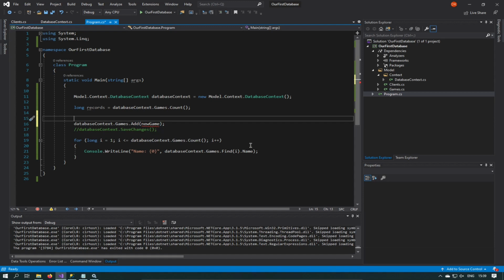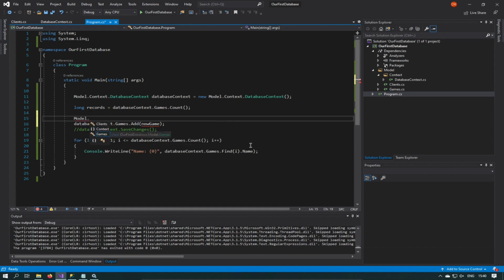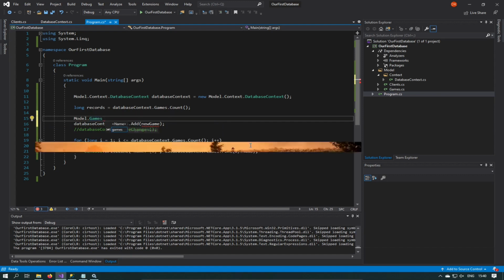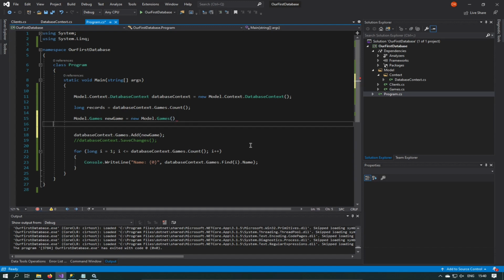So then you'll say model dot games, what is it, new game equals, and then we paste all that. So it'll go and create a new game for us, but we don't want to do the shortcut thing here. So we've actually created a game, and then we want to say, the new game, I forgot the semicolon there,